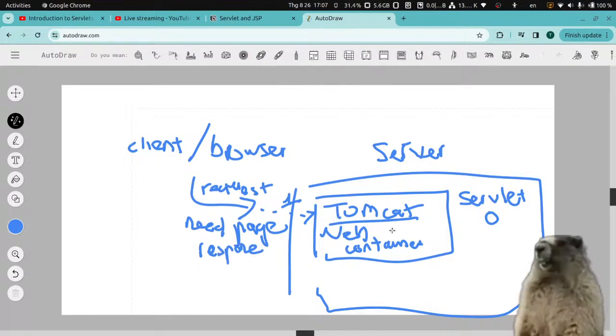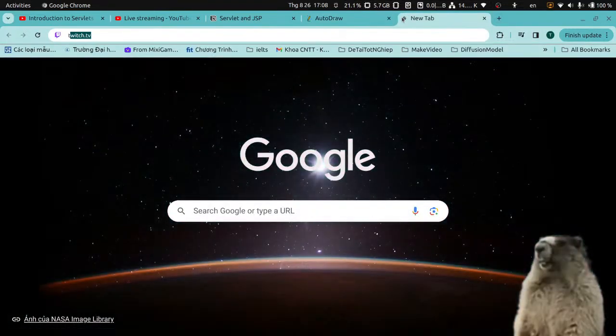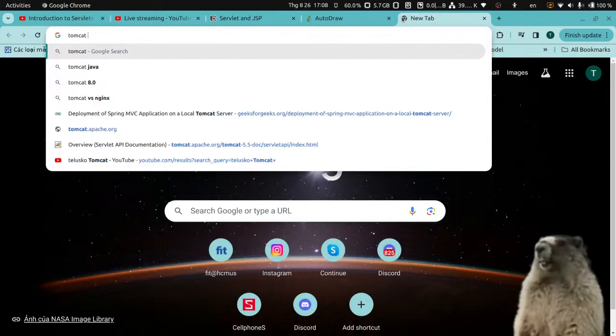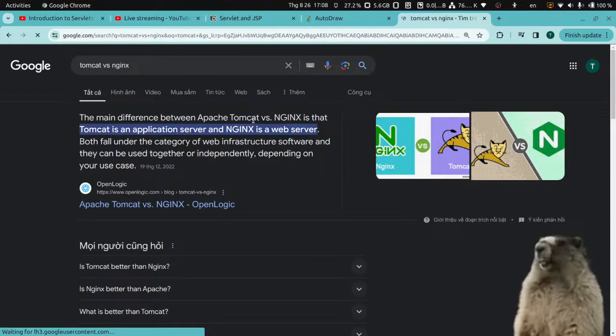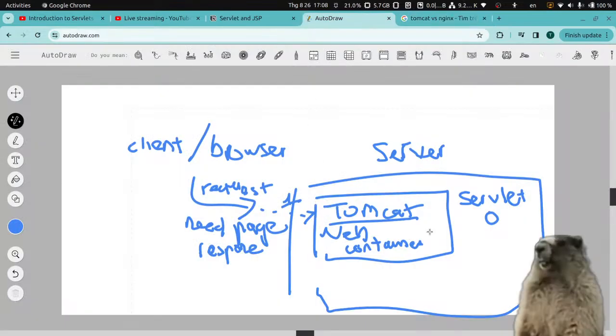So the Tomcat is like the engine, exactly. So both of them are a server. It acts as a middle layer,